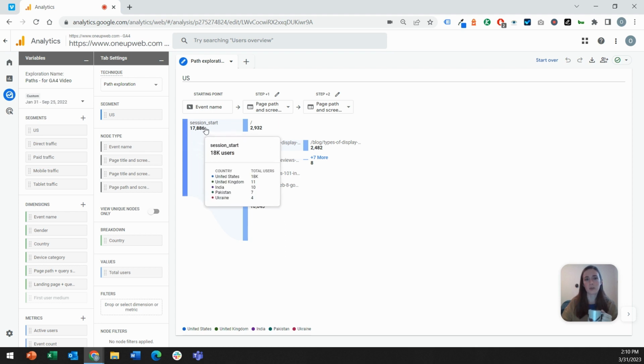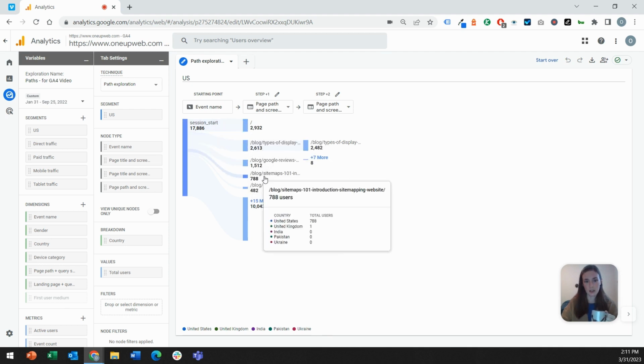We always start with session start because that's how the user began their session. That's how their path began. And then for each step after that, we can choose to look at page path, which is the URI or URL slug. So that's what we're looking at right now. Or we can choose to look at page title.